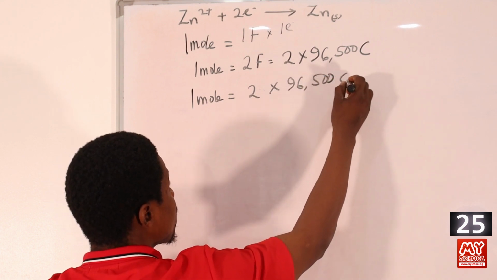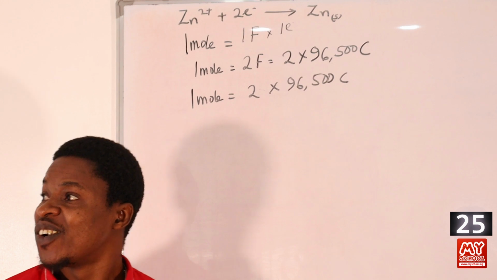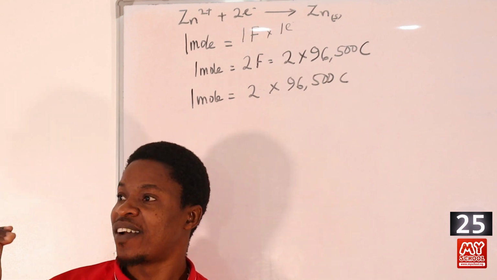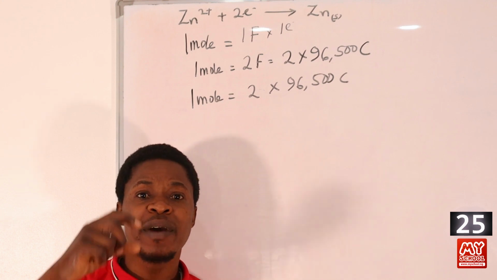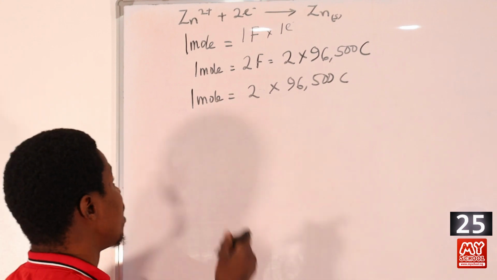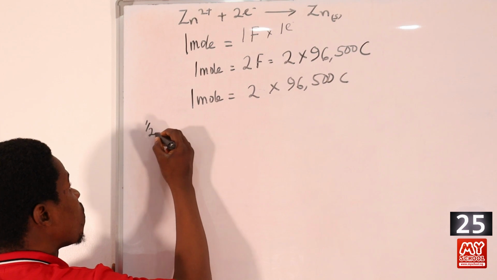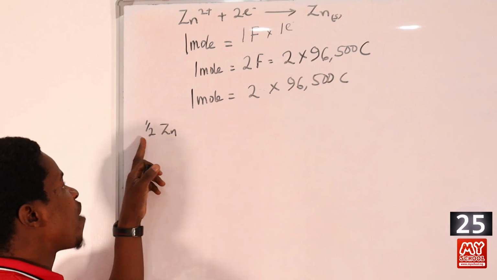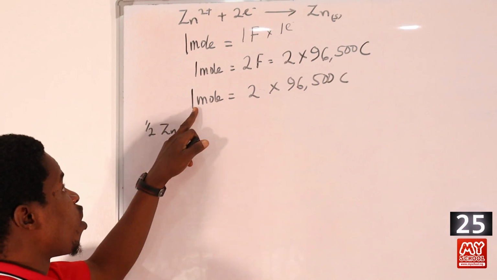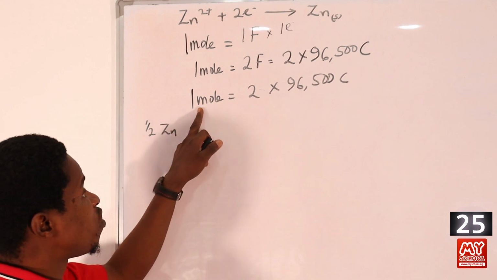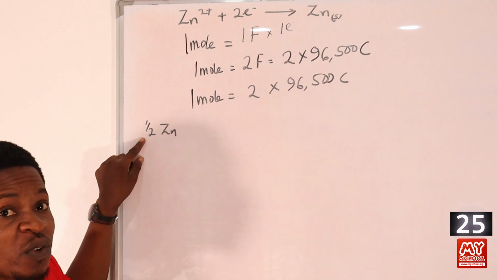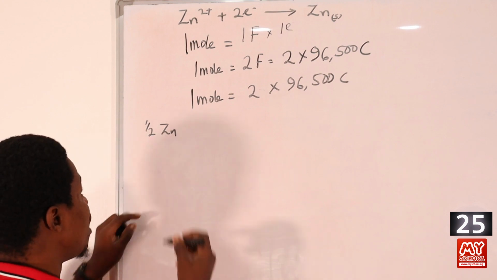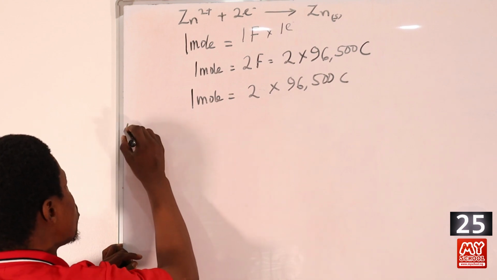So in other words, we are saying 1 mole is equal to 2 multiplied by 96,500 coulomb. But the question says, calculate the quantity of electricity that is required to discharge zinc. So you look at how many moles from the equation that was given. We're given half zinc, which means half mole of zinc, not 1 mole now. This is the situation when it is 1 mole of zinc ion. But from the question, we're told that it should be half zinc, half moles of zinc,